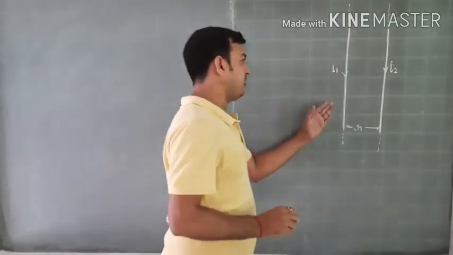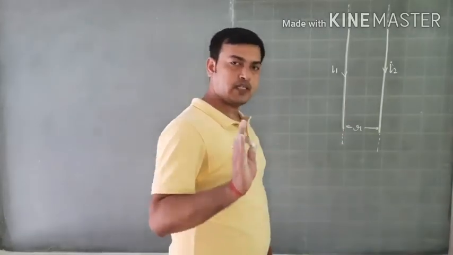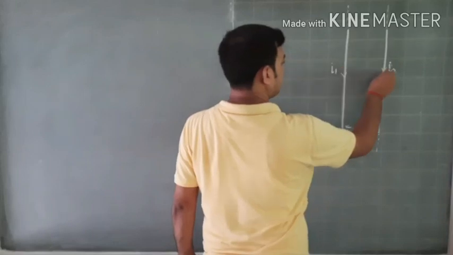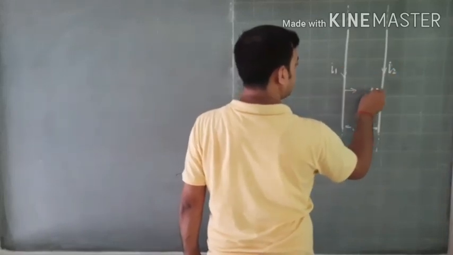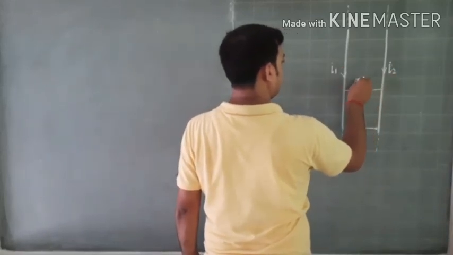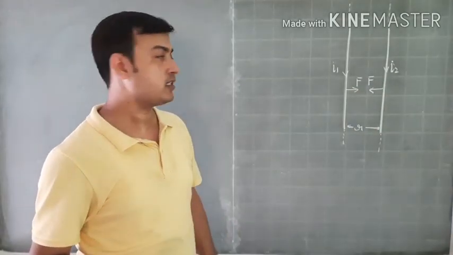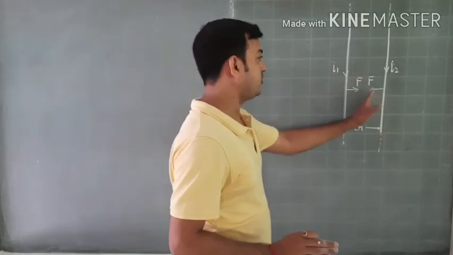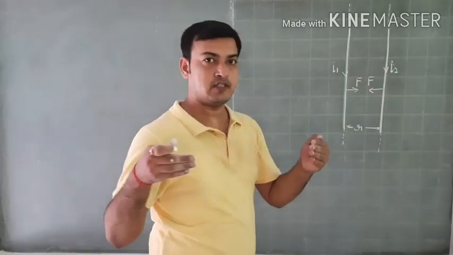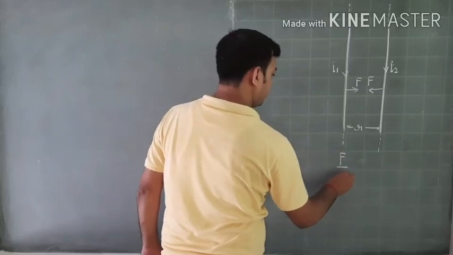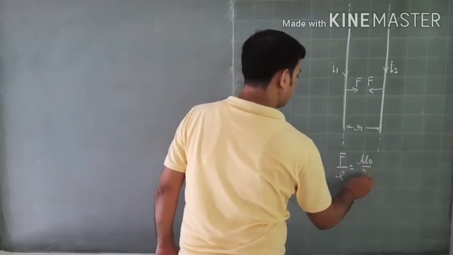If you simplify this case too, as we have done the previous case, since the directions of current are the same, then after calculating you will get that the forces acting on both the wires are in opposite directions, meaning the wires try to attract each other, and the force per unit length for this situation too